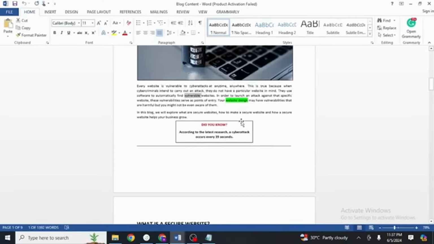Then we use cards. What are cards? Anything we want to highlight inside our content, we write within cards. I want to engage the audience. Mostly, audiences don't like to read long paragraphs, or even short ones. So we try to add more and more infographics, cards, and bullet points within our content.